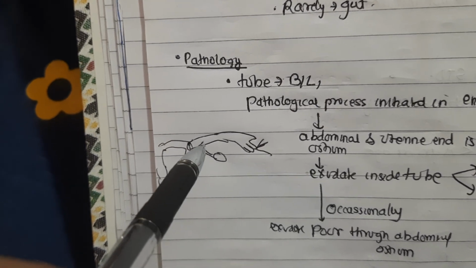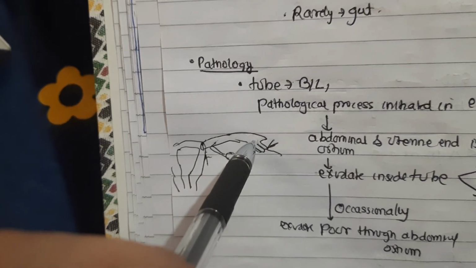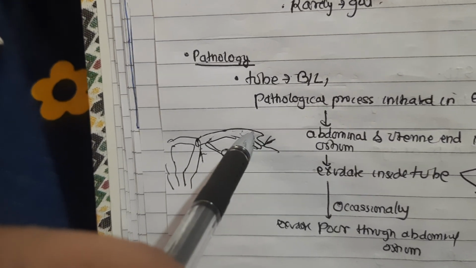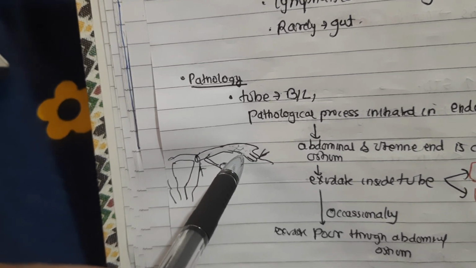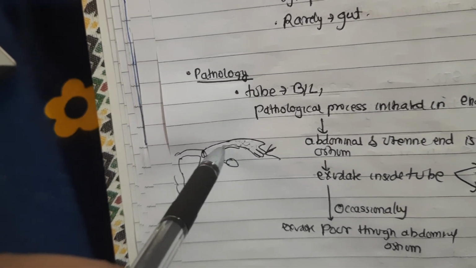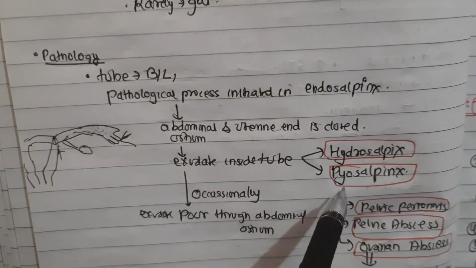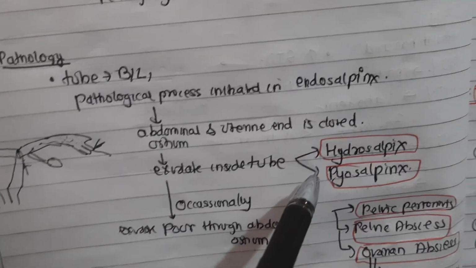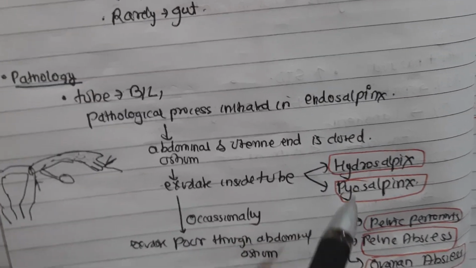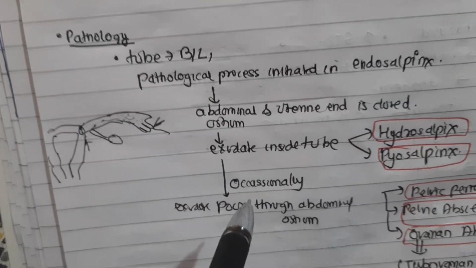causes the exudate to settle down here. They collect here as watery fluid, and that causes hydrosalpinx. It is watery, producing hydrosalpinx, or it may be pus containing, pyosalpinx. Hydrosalpinx when the exudate is watery, or pyosalpinx when the exudate is filled with pus. There will be exudate inside the tube after the closure of this ostium, and occasionally